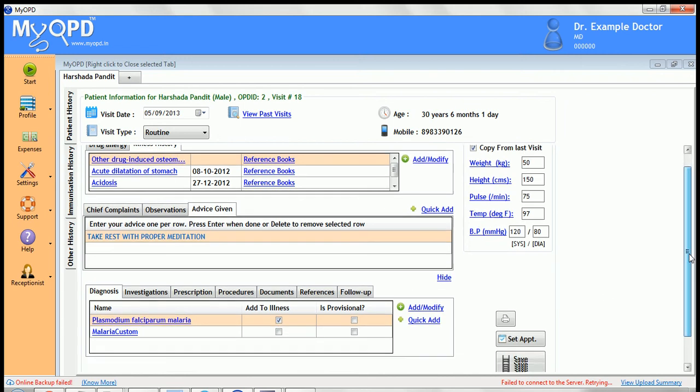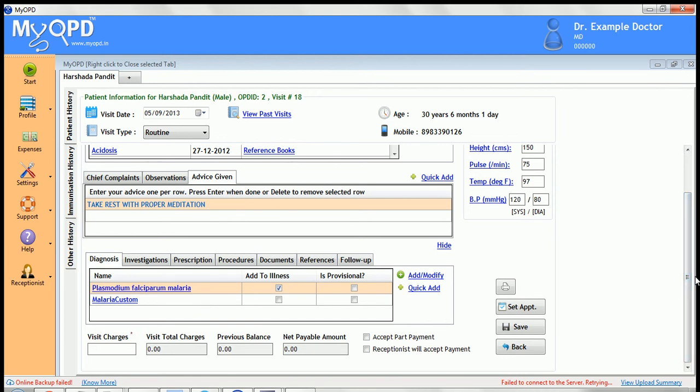If you are not sure about the diagnosis and would like to mark this diagnosis as provisional, you can click the Is Provisional checkbox. As you enter data for more patients, you can make use of the Quick Add feature